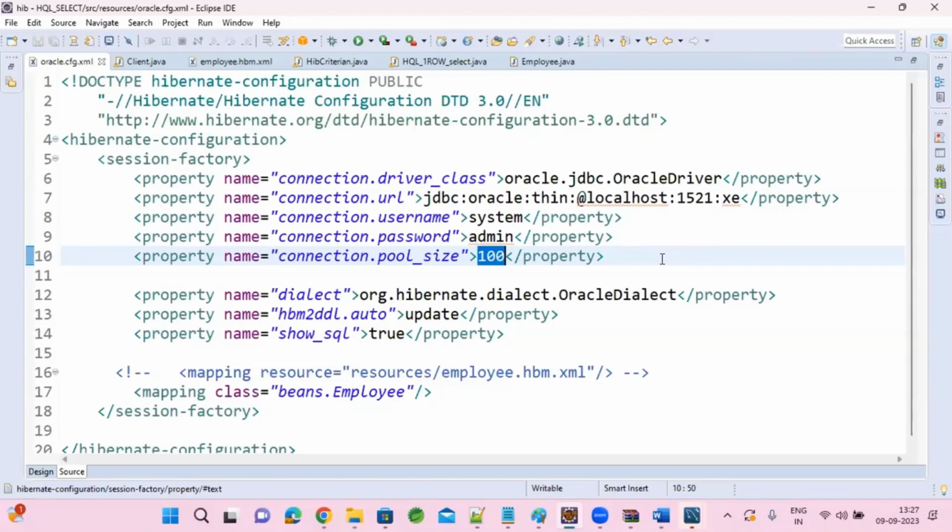So the answer is we don't know how many pool connections we need unless we see the production performance. While procuring the database itself, see, are you installing the database, or will you procure the database from the DevOps team? Will you ask the DevOps team to create a database? We will be asking DevOps, right? Or some infrastructure team. While you are asking them, they will ask you how many connections you want